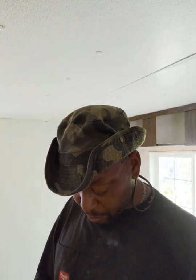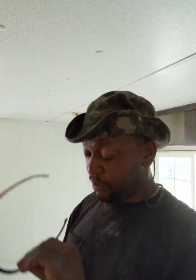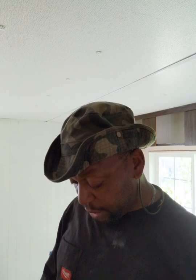These are supposed to be anti-fog glasses, and as much as I love Milwaukee products, I think they lied to me about this one, because it is so hot and me sweating that these suckers have been fogging up on me. But anyway,